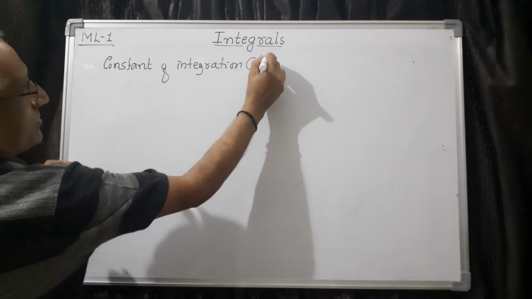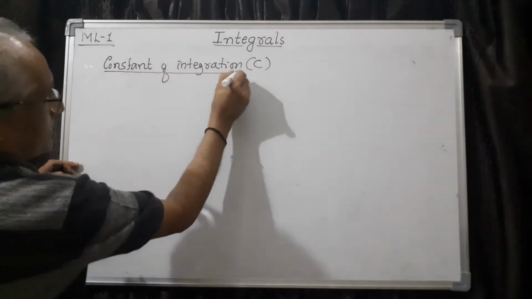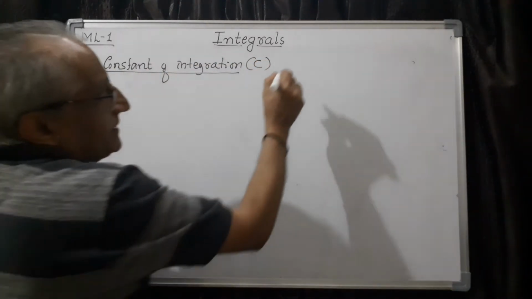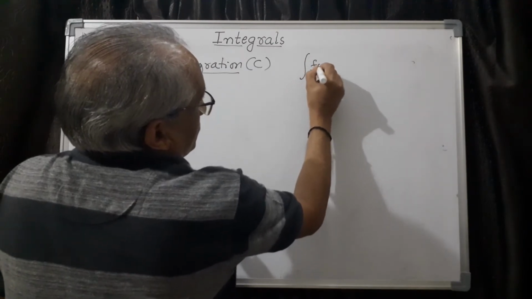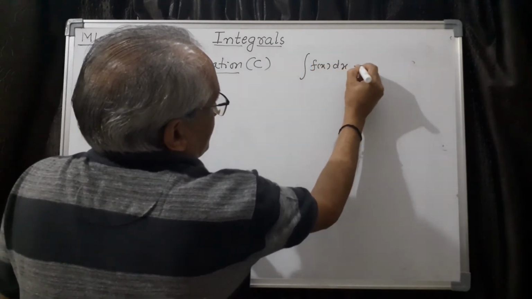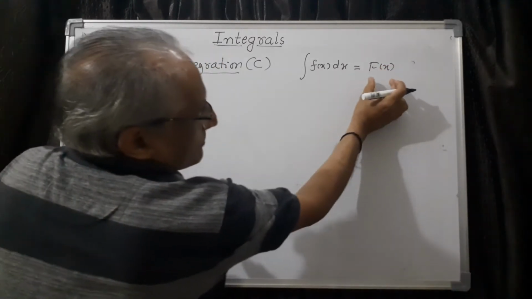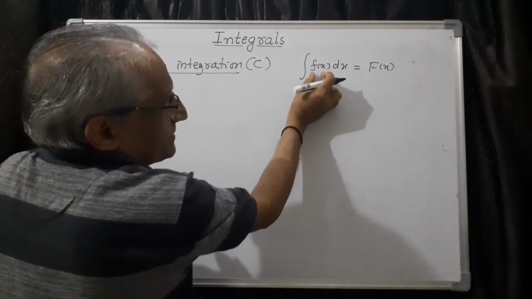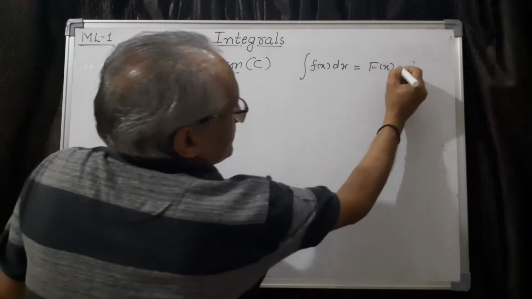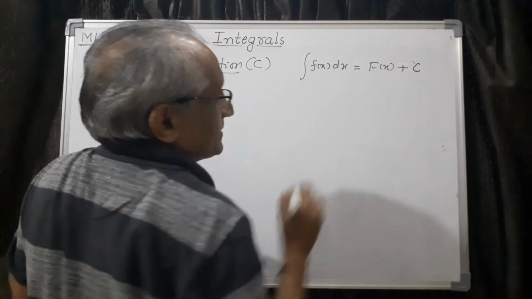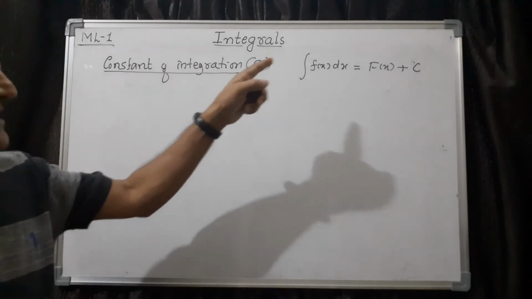And normally it is denoted by C. So, this you have to understand. See, in the integration of f of x dx, we write f of x, no doubt, because the condition is if the differentiation of this one is this f of x, then integration of this is this, but we add a constant c here. So that is why it's also called indefinite integral.